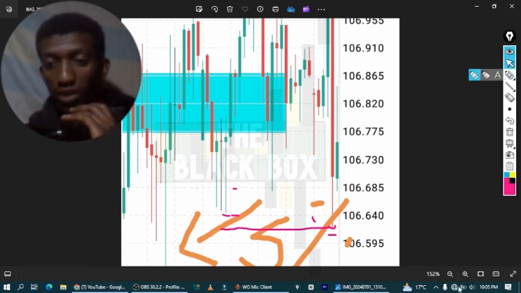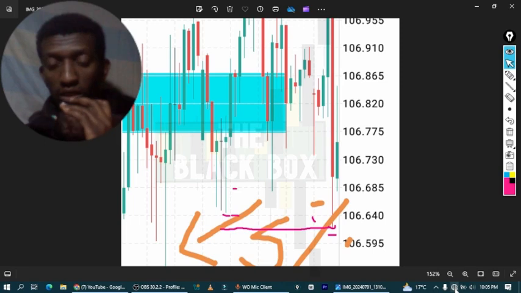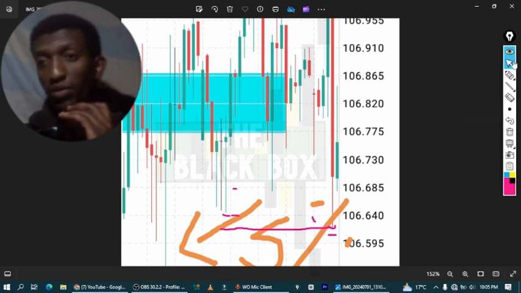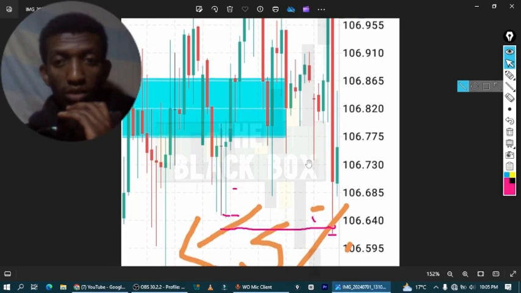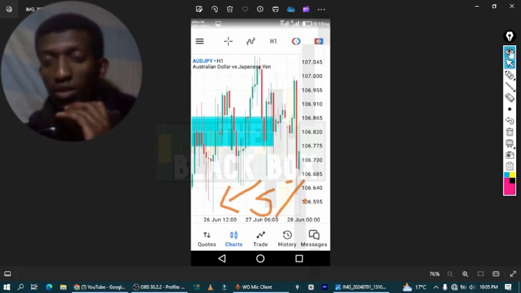So I am having issues with this connection. I don't know if it is a battery or something, but it's just crazy. Now it has even disappeared. I'll try to reboot it, but